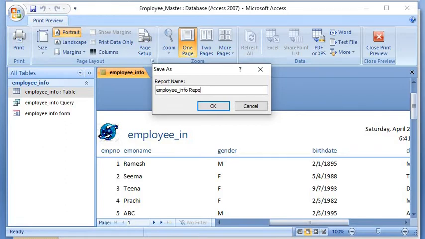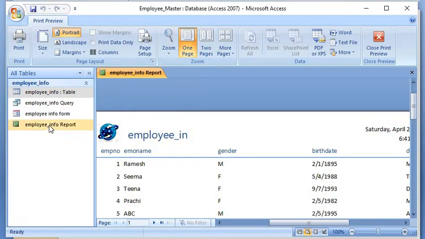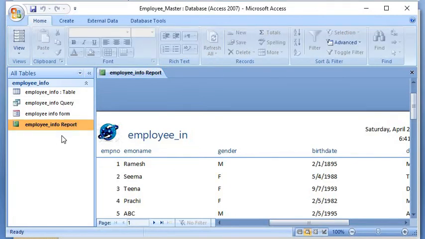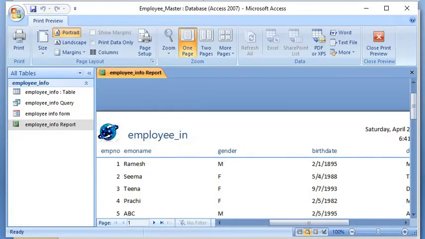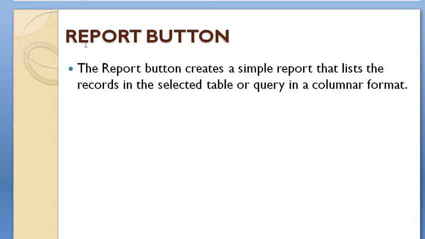We have seen that within a single click we are able to create our report. So we have created a report on the employee information table. Save this. Again we'll go back to our presentation. We have seen how to create a report using the report button.